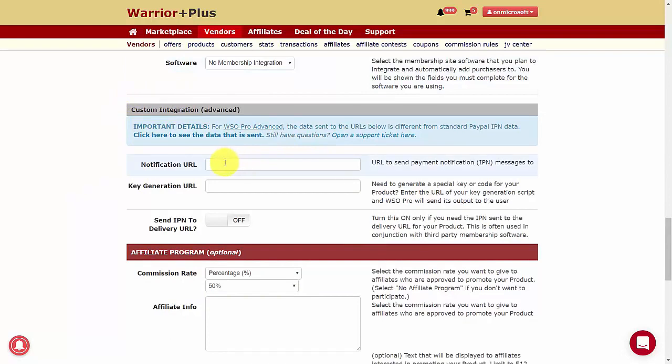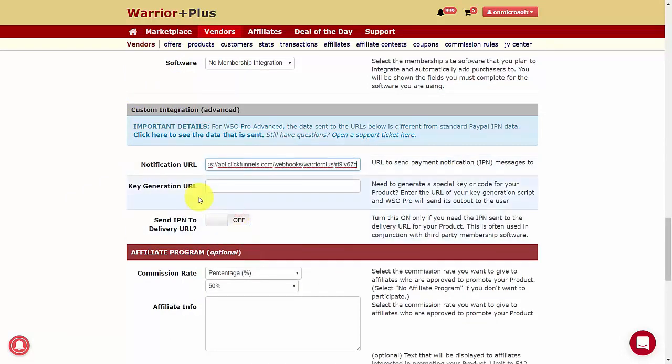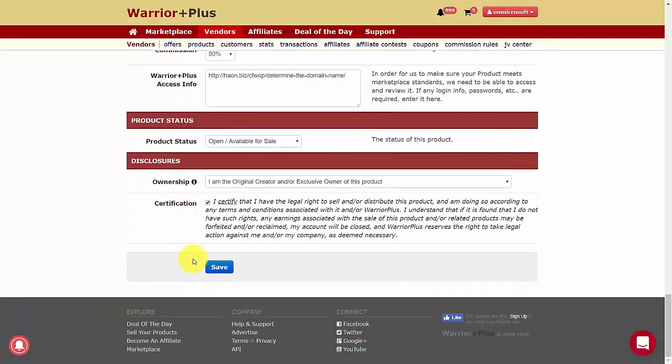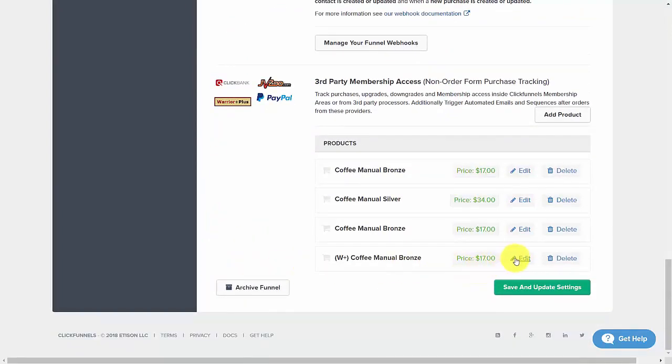And we're going to place the webhook URL in the notification URL, and we're going to keep this IPN delivery URL unchecked. Once we've done that, we'll then click Save for our product. We're then going to come back to ClickFunnels, and we're going to edit the product that is our Coffee Manual